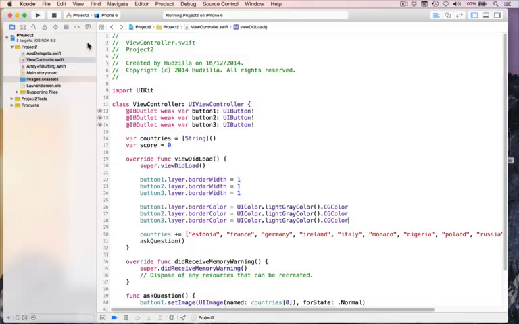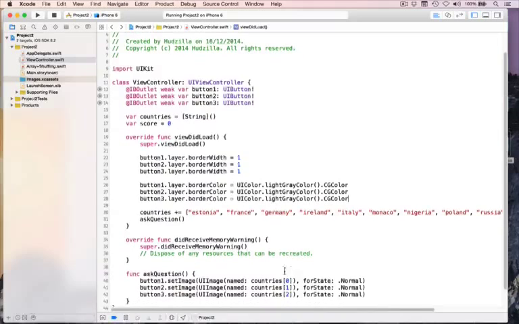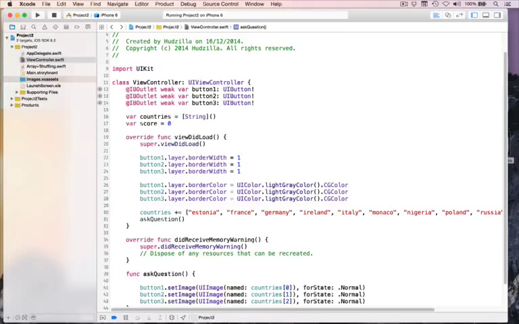We can start shuffling up arrays, which is very, very helpful, because we have this whole array of strings: Estonia, France, Germany, and so forth. We want the array order to be different every time. So it could be Monaco, Estonia, Poland, Russia, Germany, Italy, who knows what. We're going to randomize it every single time. So in the askQuestion method, down here, before we set any image, we want to shuffle that array. That's done by saying